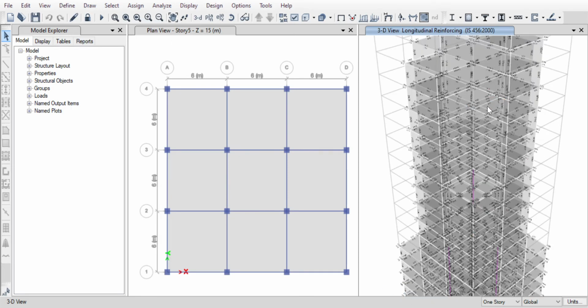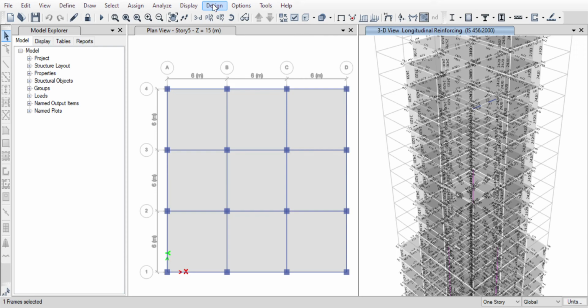longitudinal reinforcement. Now to get the details, we have to click on the particular element, and the table comes. From the table we can see, like this is B1, beam section is 550 by 350, top steel is 1620, 810, and shear steel is this. So this way I have completed this assignment. Now we can even check if all the members have passed. So all concrete members have passed.